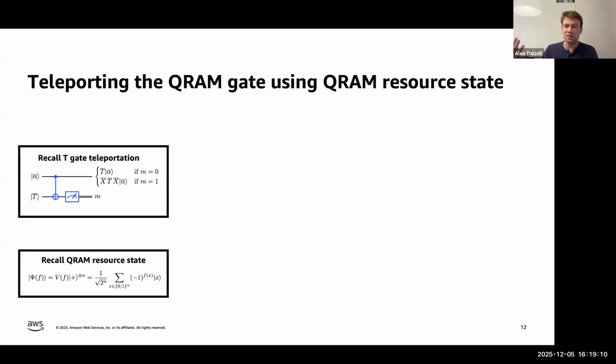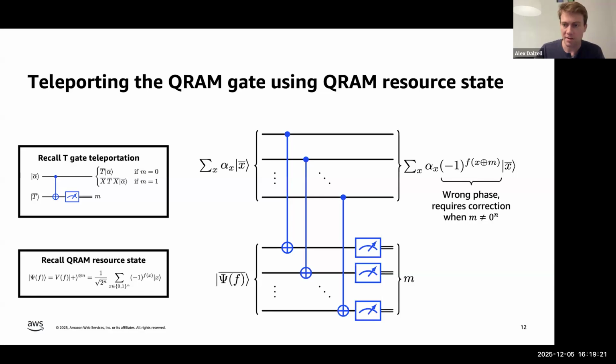Okay, how do we use this resource state once we've prepared it? It's similar to the way we teleported in the T gate using a single qubit magic state. Here we have our n qubit magic state in the second n qubit register, and we have an arbitrary n qubit quantum state in the first register on which we would like to apply the logical QRAM unitary V of f.